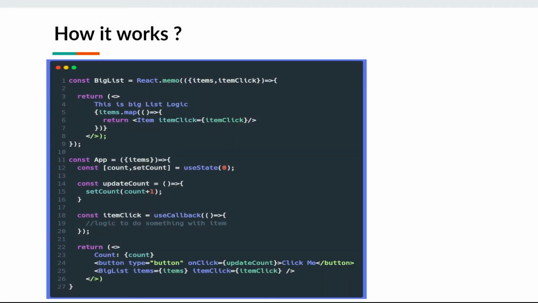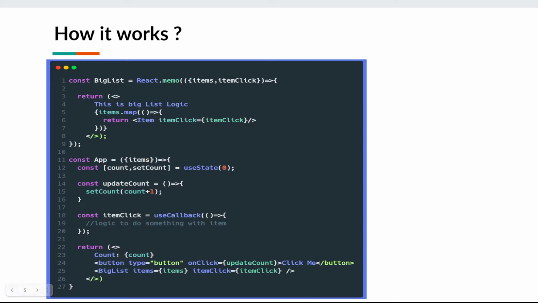I'm just going to share a basic code snippet in this presentation, and obviously we are going to dive into the actual code base to see how it works. All right, guys. So let's go to line number 11 and you can see that I have created a basic app component and there is a useState hook with a normal counter and an update count which will just update the value of the count. So once I click on this update count, it is going to re-render my app component, right? And as I have already mentioned in my previous video, whenever the parent is rendering or re-rendering, its child is going to re-render again.